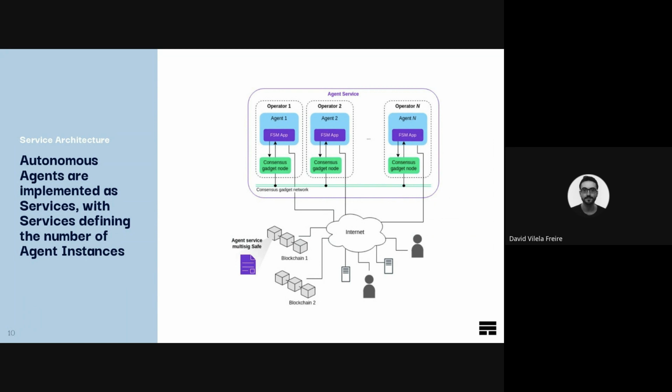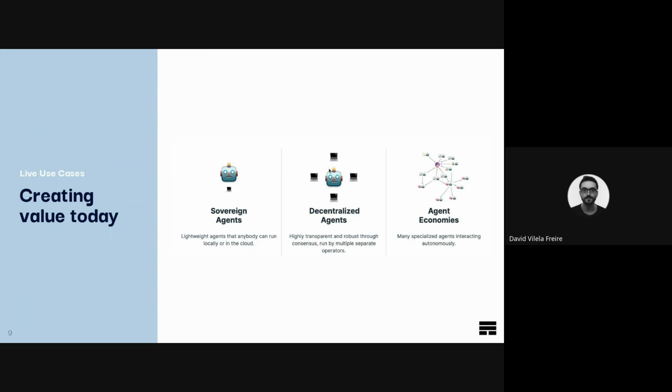This strategy step is run by all agents. They also produce some output data at the end of this step. And once again, they share all their data with all their peers. They vote. And once they agree, or at least once the majority of them agree on some output, they go into the next step, which is producing the transaction. Once they have agreed that they are going to make some trade, some transaction,